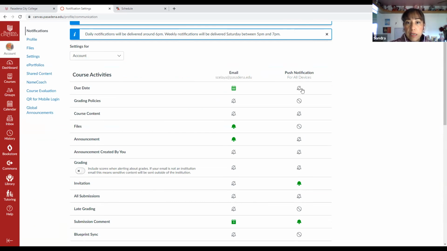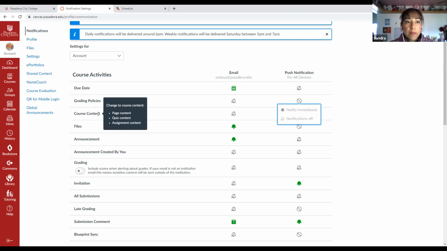If you want to get notification on grading policies, you are going to turn it on. You click on it and it says, go ahead and notify me immediately. Go ahead and send me a weekly summary. Right now I have it off since I am not a student anymore. But if you're a student, you want to have it on because you want to know what your grade is and get notified immediately. And then you can also click right here if you want to push it to other devices like your cell phone, your iPad, your computer, and other devices that you might have.